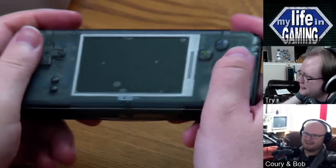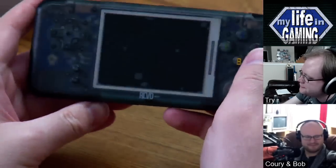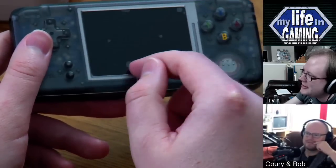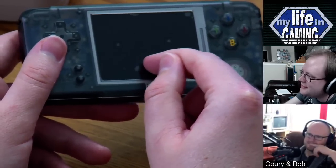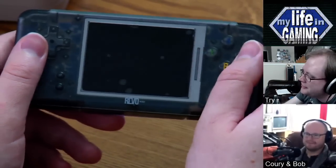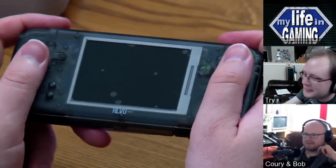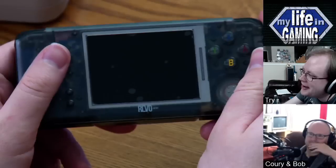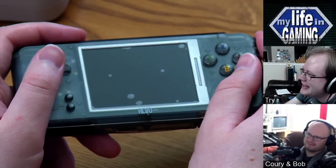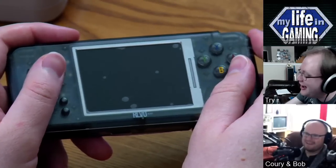So here's the Revo. Bob, have you seen one of these before? No, I haven't actually. I tried to minimize it in my shots as best I can. There is a not so great screen protector on here, and I couldn't even tell in the video at all. There's a number of bubbles in it, and Chuck Grunty, who is in the chat right now, said, by the way, if you want to take the screen protector off, it kind of bugs my OCD, so feel free. So I tried to take it off,